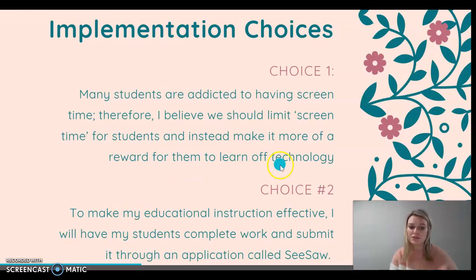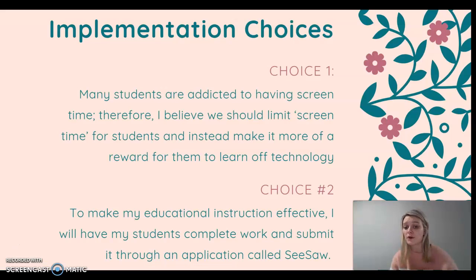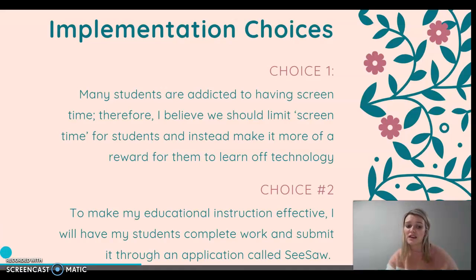Going into choice number 2, to make an educational instruction effective, I will have my students complete work to submit it through an application called Seesaw. To make my educational instruction effective, I will have my students complete that work, and the students would use this technology in their educational pathways at some point in school, and they should be literate in the technology fields because